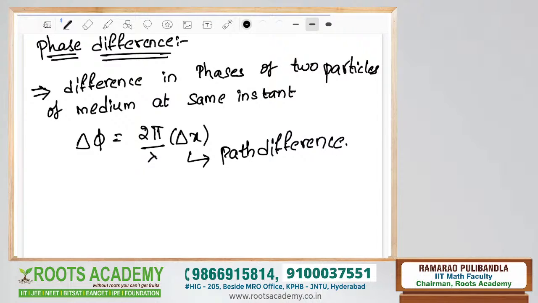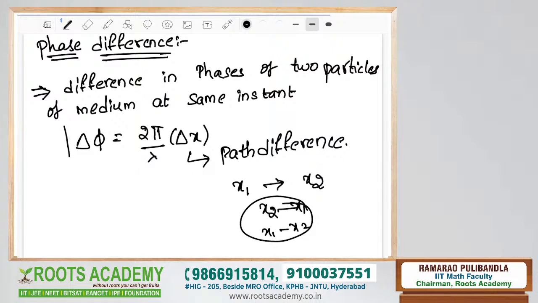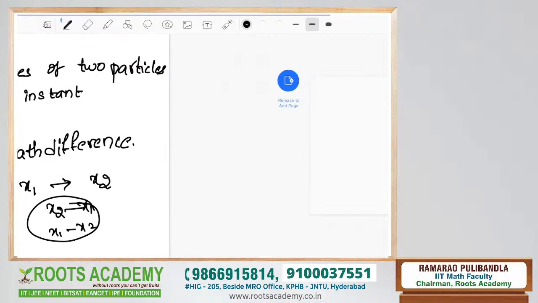In the questions, it would be given like a particle that is moving from position x1 to x2. So that is nothing but x2 minus x1 or x1 minus x2. That gives the path difference. So here the phase difference is defined as delta phi is equal to 2 pi by lambda into delta x. This is the most important formula that we would be covering in a few problems. And next we'll be looking at